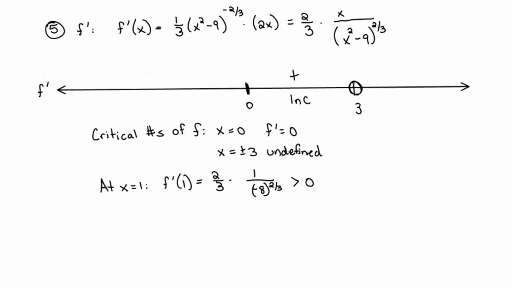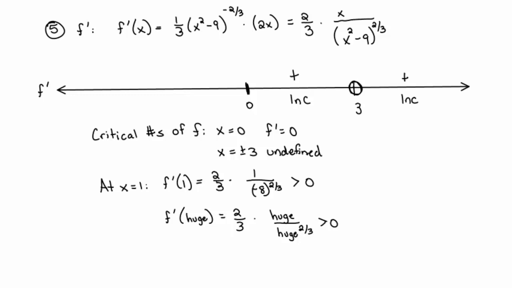And now I'm going to look at a number greater than 3. Often, for me personally, I just choose ridiculous numbers. F prime of huge. Usually in class I'll say, what's f prime of a billion or something like that. So you get 2/3 times some huge number over, again, some huge number, not the same one, to the 2/3 power, but that's still very positive. So I happen to know this function, at least from 0 to infinity, is increasing, and at 3 itself, there's some type of issue with the derivative, which means there's a kink, a cusp, or a corner, or some type of